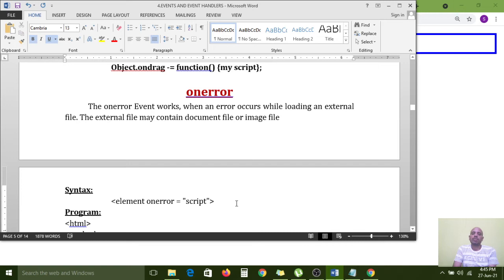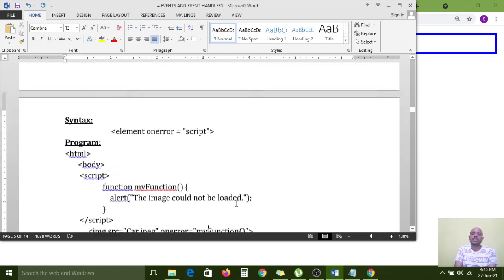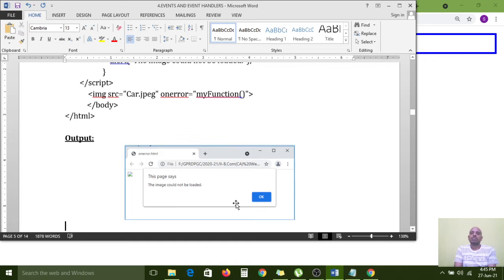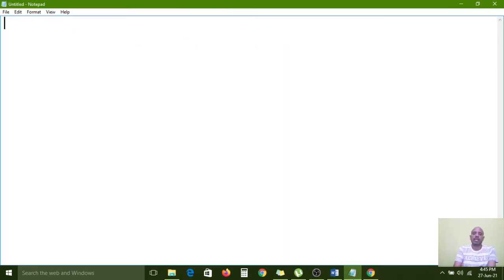So if you are trying to load a function, or any other extra file, in that case we can show that error. Now I am developing the example, carefully observe. Here HTML open tag, HTML closing tag. Here the body section; the head section is optional, so that's why I am not giving it. But in real time, everything is mandatory to write. Do not leave anything, right? And in the body section, now I am using the image tag.